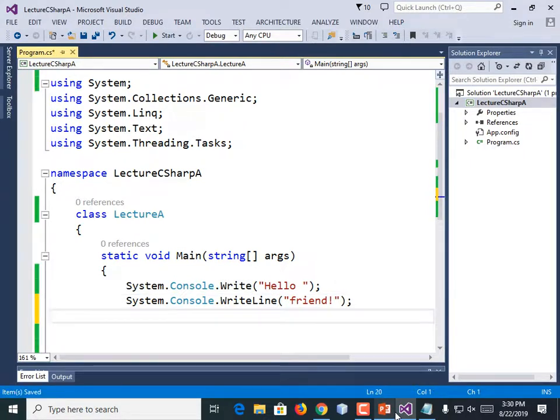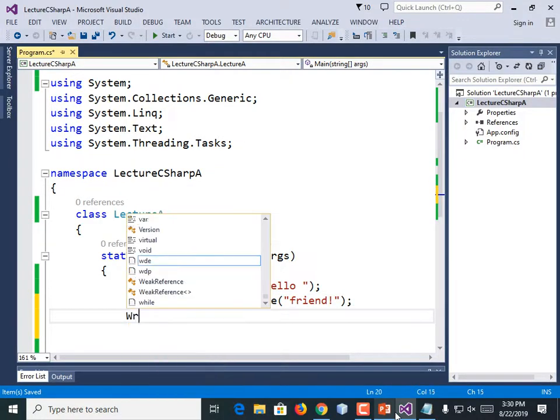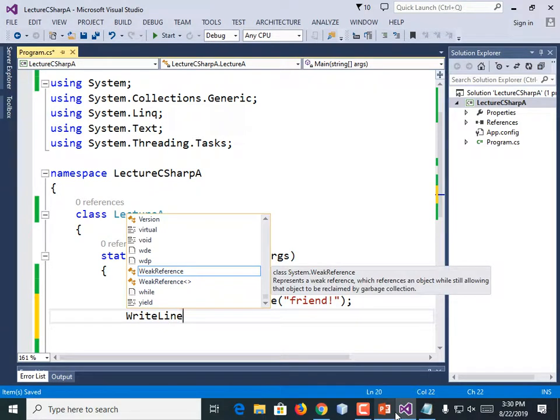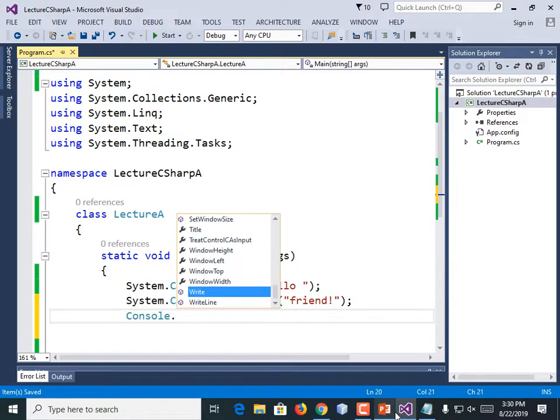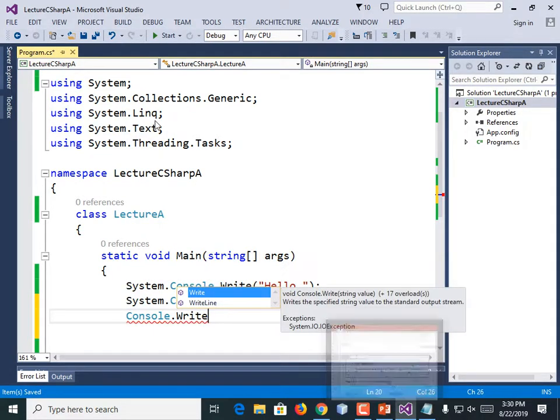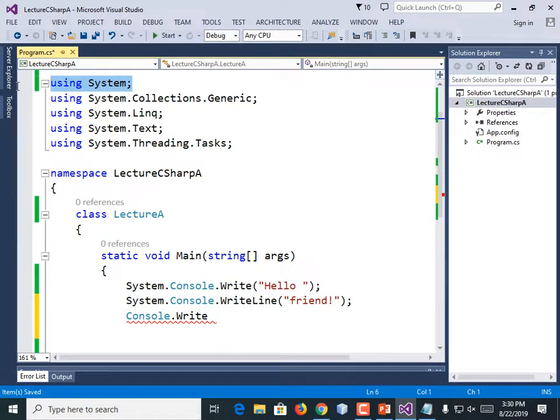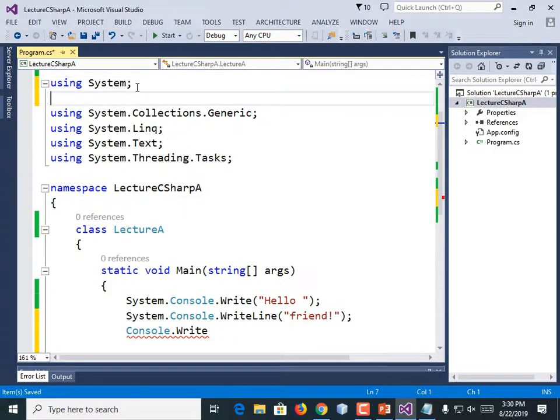Yes, sir. Do you have to use System before the Console? Does that matter? Well, let's find out. If we use WriteLine, can we get away with just doing Console.Write? That's what I've been doing the whole time. Okay, that's cool. The reason we can do that is because we have this using namespace up there. Very good point. I can leave out System because I've got using System up here. It's possible that I could do using System.Console. No, that's not going to work.